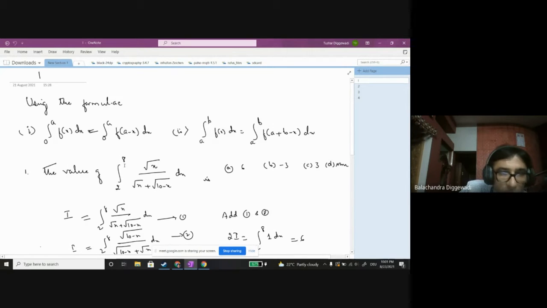Check the sum of the two terms minus x: is there one term or two terms anywhere? It is not necessary that only one term will be there. Here also it may be 10 minus x divided by this term. At that time also you have to check it, 8 plus 2 or 2 plus 8 minus x, that is called 10 minus x. Is there any such term or not? Generally, if you check many old question papers, out of these formulas, one formula is compulsorily used in the examples.